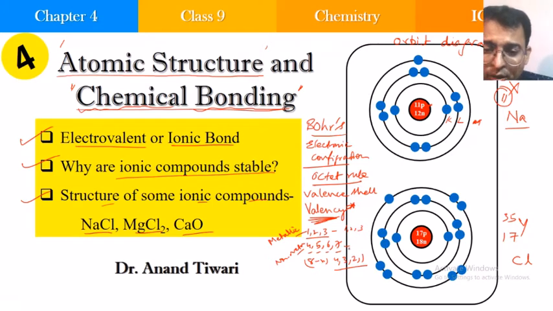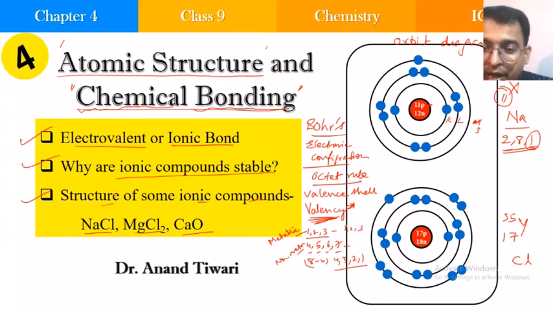Now, based upon the knowledge from our previous videos, can you guess whether sodium will gain or lose an electron? You are seeing that in the outermost shell, here shell number 3 or M shell, it has only one electron. So let us write the electronic configuration. 2, 8, 1 is the electronic configuration, correct? For atomic number 11, the electronic configuration will be 2, 8, 1. So the outermost is what? One electron.